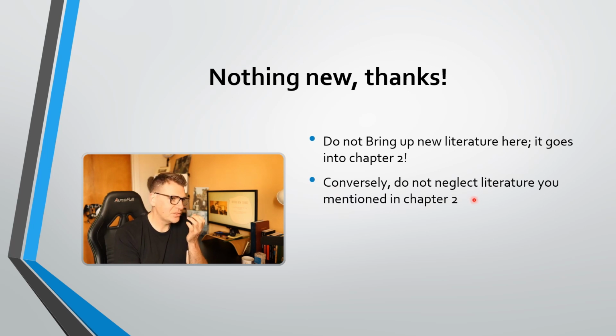And then conversely, do not neglect literature you mentioned in chapter 2. That's a very important one. Don't spend 3 pages talking about a particular topic or concept in your literature review and never mention it again in relation to your findings. The whole point of the discussion chapter is you're using everything in your literature review chapter to answer whether it compares and contrasts to your findings. And if you have a huge section where it doesn't, well, then that looks bad on your account,